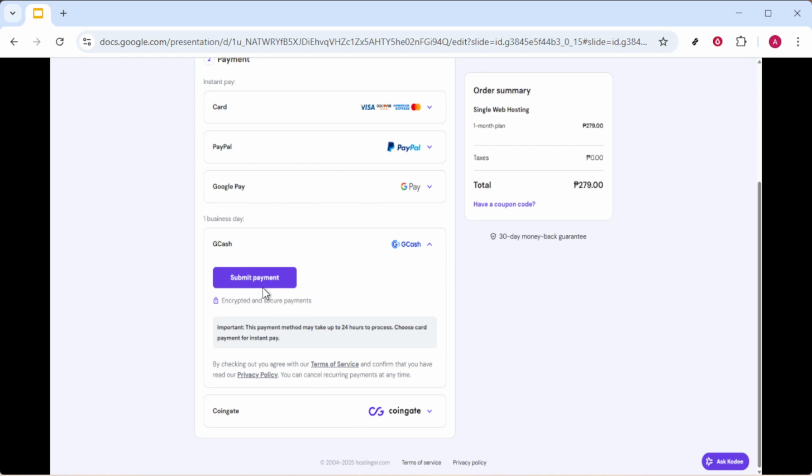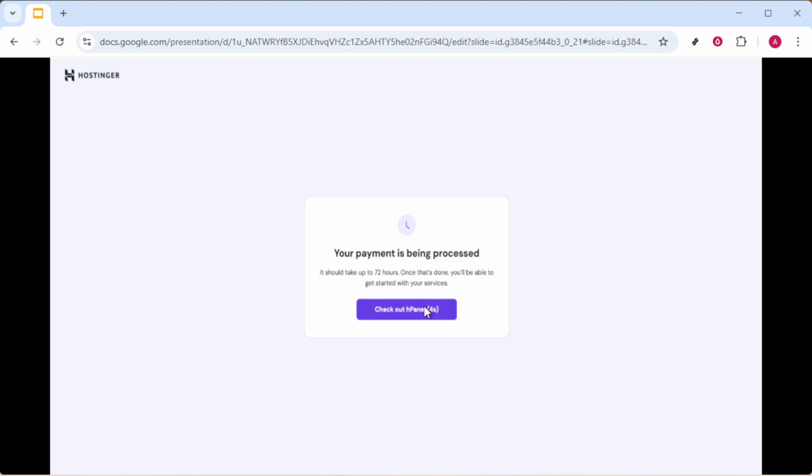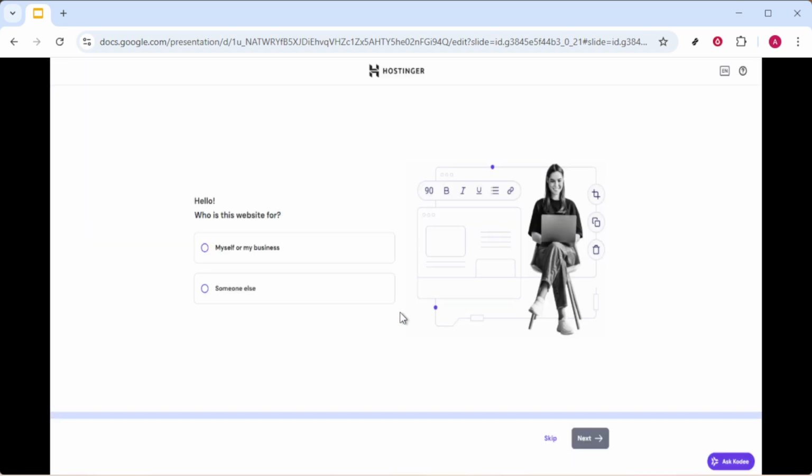Once you've selected your payment method, go ahead and click Submit Payment to process your purchase. Make sure your internet connection is stable during this step, as any interruptions could potentially cause issues. When the payment goes through successfully, you'll need to check out the hPanel, Hostinger's control panel. It's a vital tool that allows you to manage your website and hosts a user-friendly interface to simplify your hosting